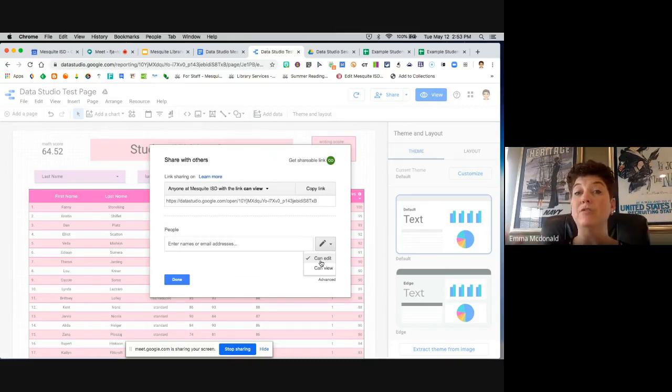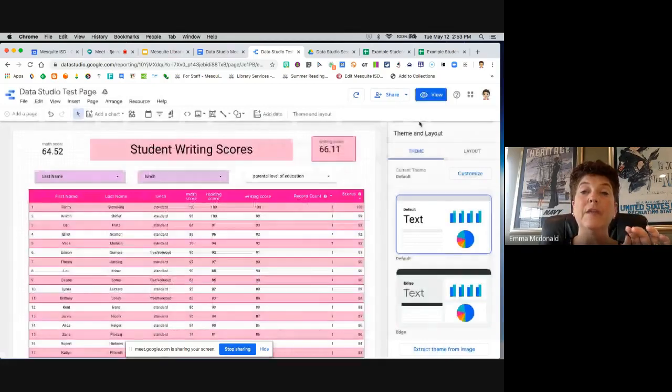So maybe other teachers on your team who are working with you, do you want them to be able to add to your chart, or do you just want them to be able to look at it? All they can do is view it. If you click view only, then they will see view rights, and they'll be able to go in and use the filters to look at the information that you've set up. So you set up the page, and then they can go in and basically look at the information they need